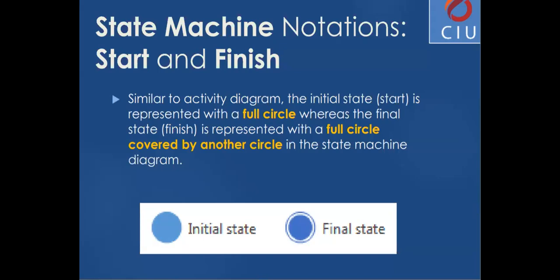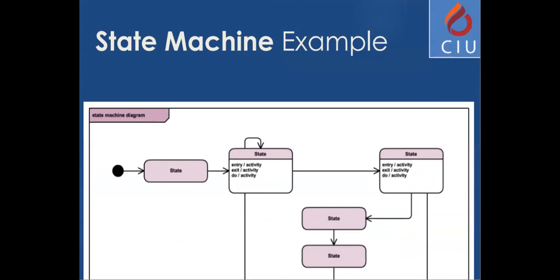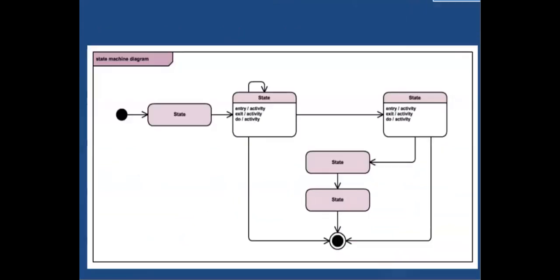There are a couple of states. For example, the ones that you've seen up there are called internal states, which show the state of the system with entry, exit, and do actions. They are the integral part of the internal state. Entry is behavior that is executed whenever it enters that state. Exit refers to activity or behavior that is executed when the state is exited, and do refers to behavior executed while